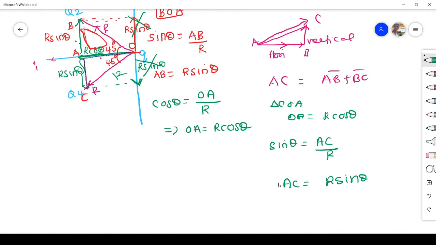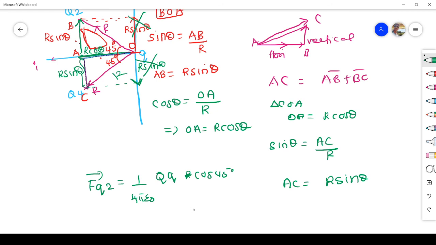Now we find the force. What is the force on charge small q due to capital Q2? That is given by 1 by 4 pi epsilon naught into capital Q, small q. Only R cos theta contributes, so that is R into cos 45. So cos 45 only contributes, right?